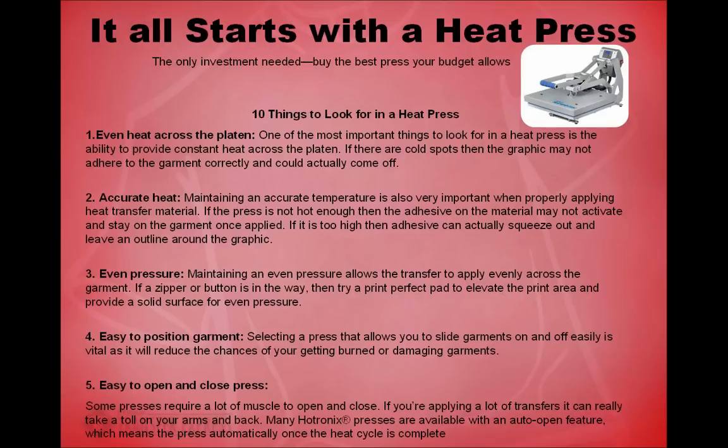Even pressure aside, there is point number 4 here, which is easy to position the garment. And it's kind of funny because you don't necessarily think about this when you're setting out to look at heat presses, whether you go online or go to a trade show to do it. It's not a topic you necessarily think of, but if you're doing an order, let's say, for a graduating class of your local high school, and you've got 200 shirts to make for some seniors,